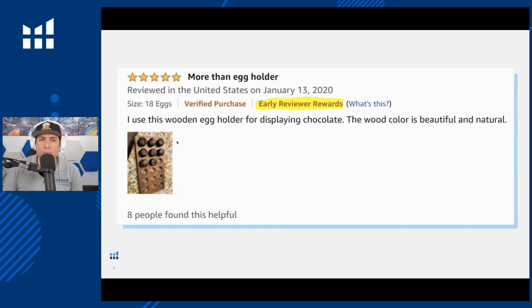This is actually a cool review. They put a picture and everything, and it gave people ideas about what else to use the egg holder for. I love this review, right? 8 people found this helpful. Look at that. So if we didn't have the early reviewer program for the egg tray, guess what, guys? We would have had, in the first 4 months of this product's life, only 4 reviews. Can you imagine that? 4 reviews is all the written reviews that we got in 4 months of sales of